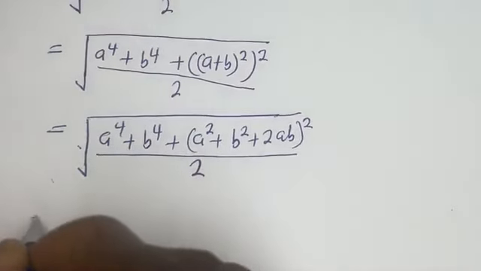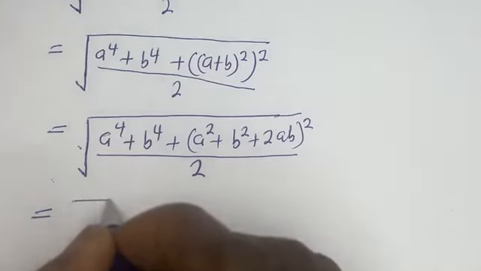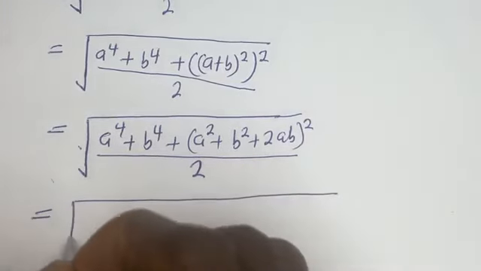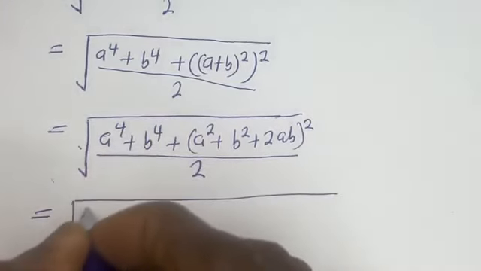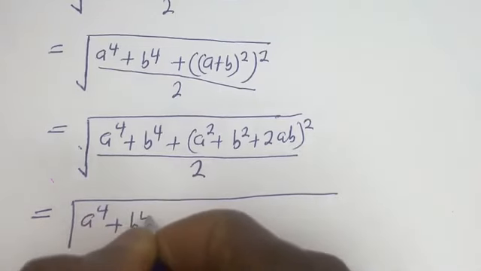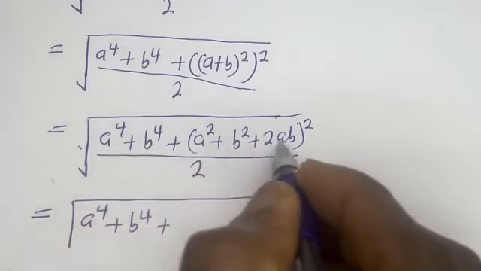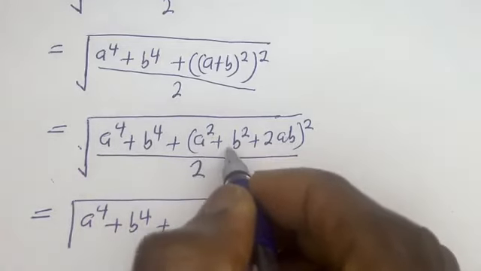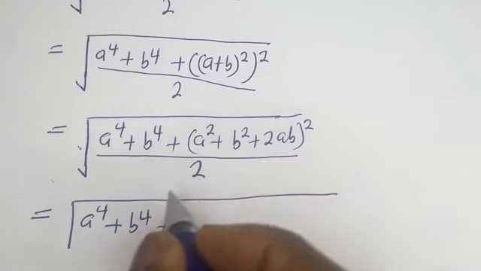Then this is equal to square root of A to the power of 4 plus B to the power of 4 plus, if we expand this, that is A square plus B square plus 2AB square, we have